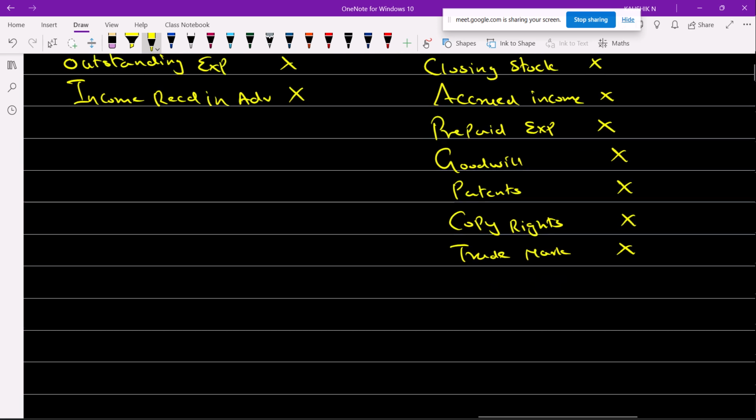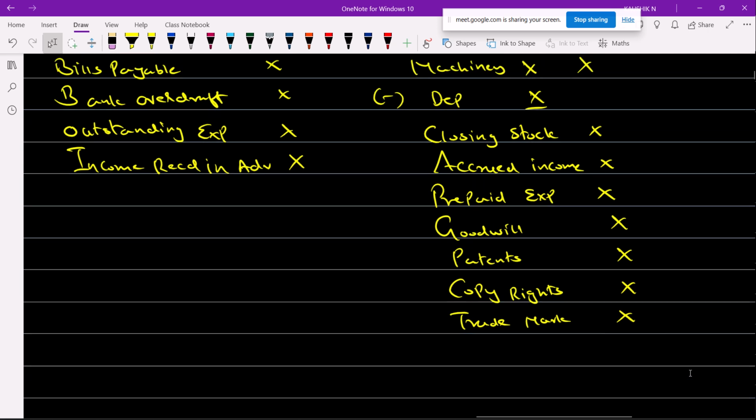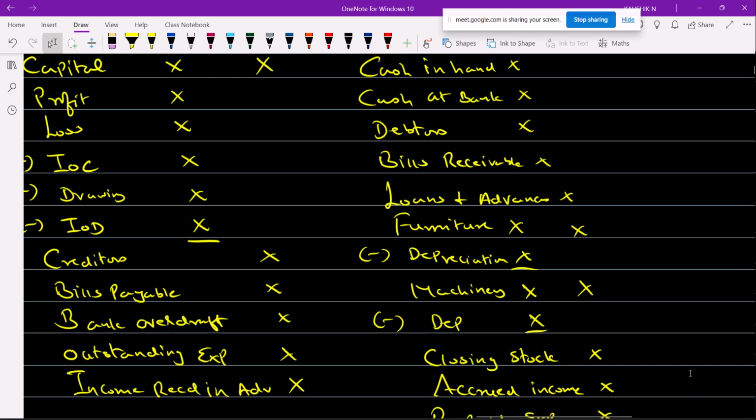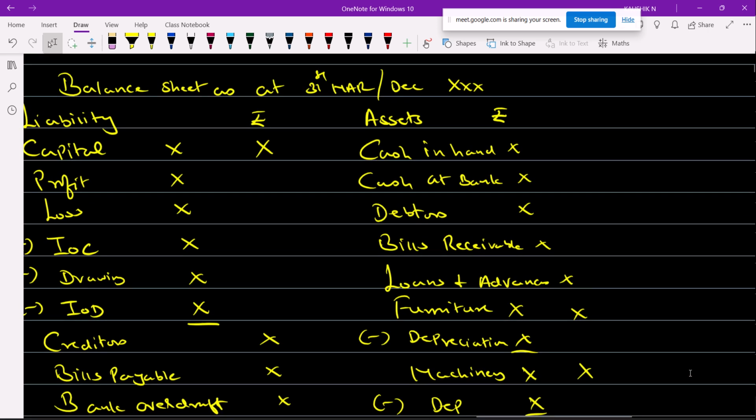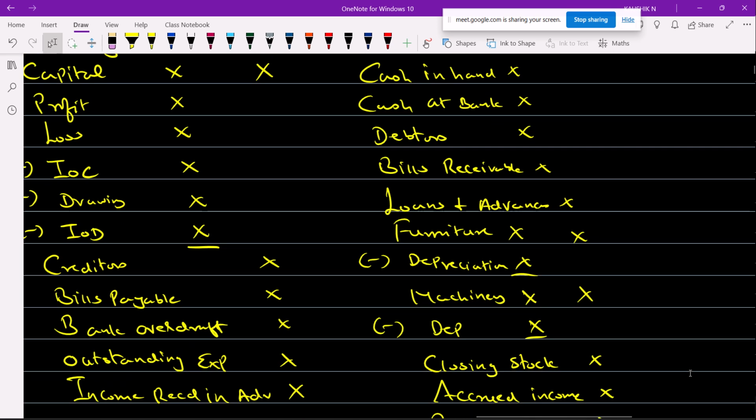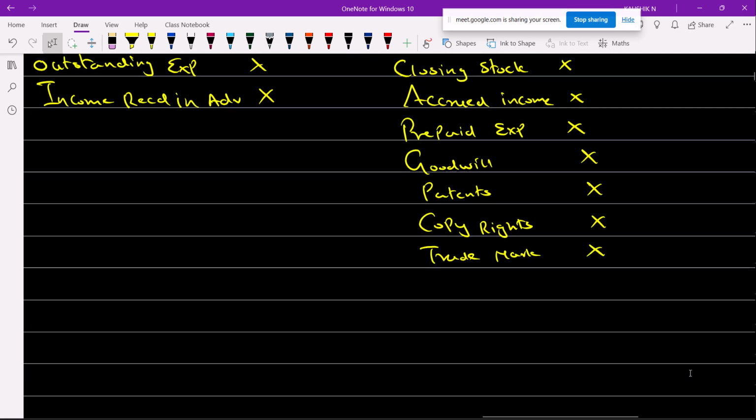I hope you are able to capture all these concepts which you have learned in grade 11. Can you? Yes, sir. Okay. So these are some of the frequently used items which you would have used in grade